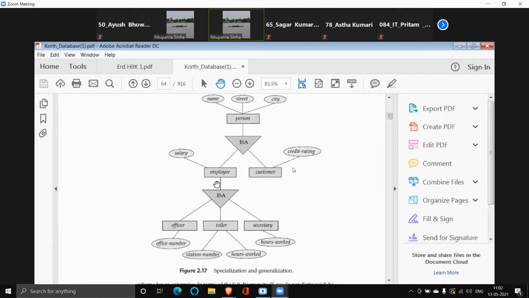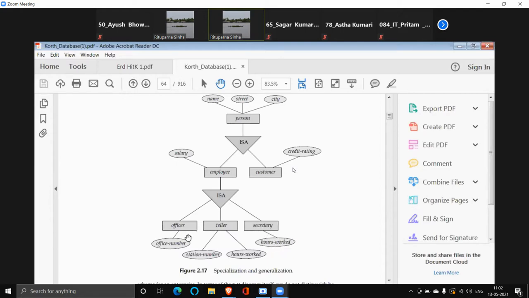Other than that, faculty, librarian, technical assistants, everybody will have certain special attributes. If you just look into the diagram, employee is the officer, employee is the teller, employee is the secretary. So secretary has a special attribute called hours worked.